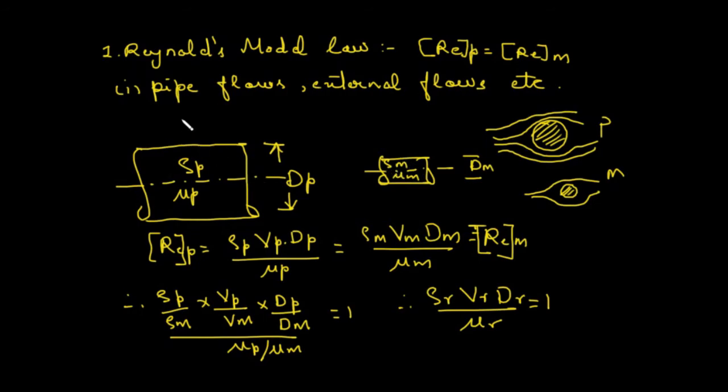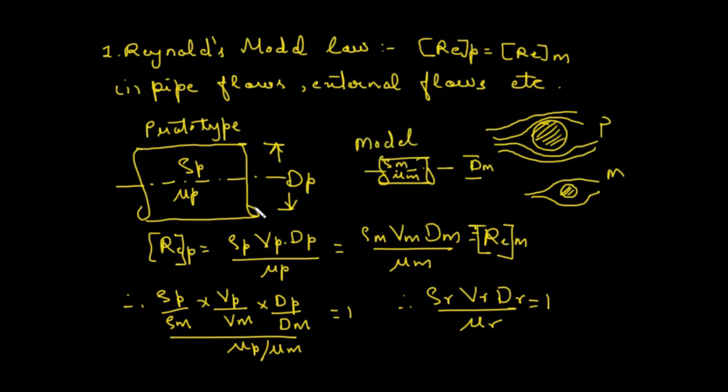So now here you are having a prototype, and let us say that we have to transport some fluid. It can be, let us say, any fluid like a petroleum product, and we have to transport that petroleum product to a very large distance through very large pipes. Let us say the diameter of the pipes is very high, and we want to study that flow in the laboratory, and for that purpose you have to